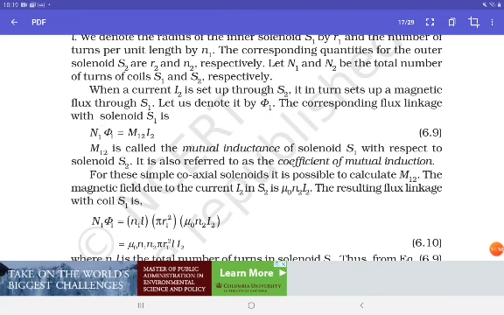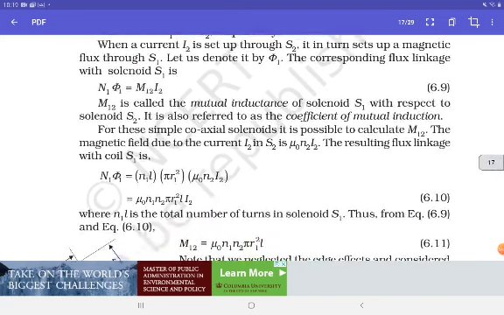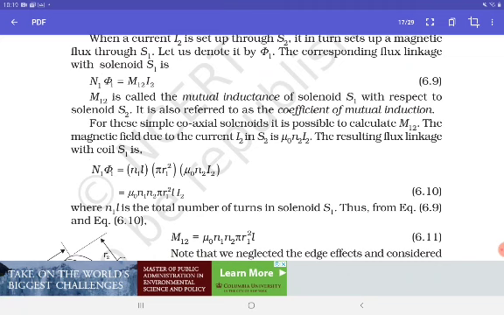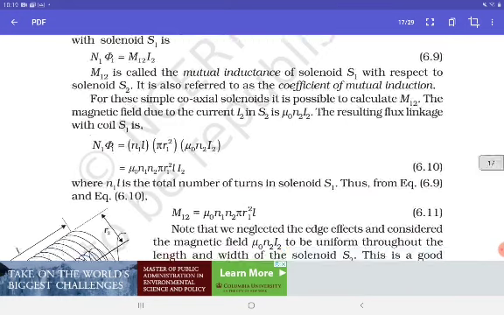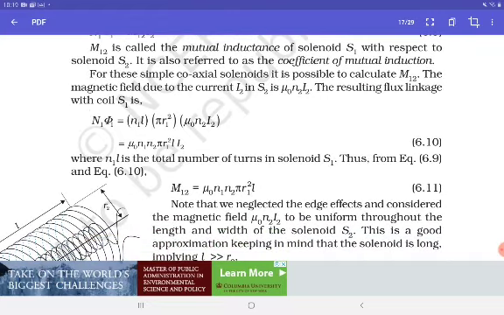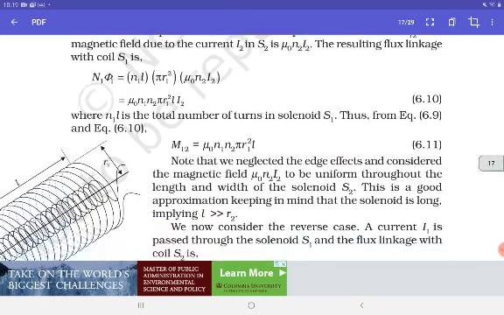The corresponding flux linkage with solenoid S1 is N1 phi 1 equals M12 I2. M12 is called the mutual inductance of solenoid S1 with respect to solenoid S2. It is also referred to as the coefficient of mutual induction. For the simple coaxial solenoids, it is possible to calculate M12. The magnetic field due to the current I2 in S2 is mu 0 n2 I2. The resulting flux linkage with coil S1 is N1 phi 1 equals n1 L pi R1 squared mu 0 n2 I2,